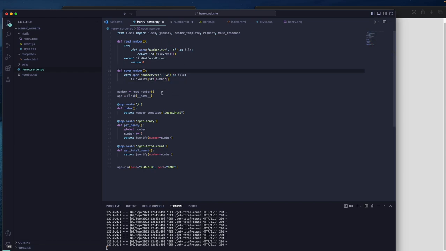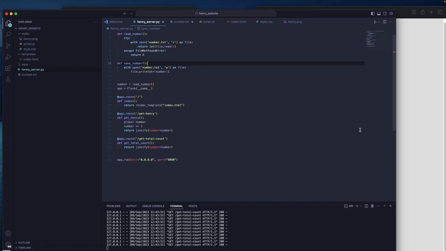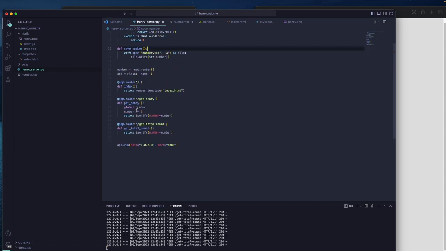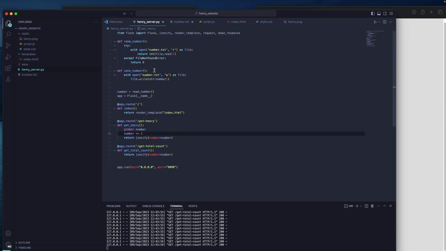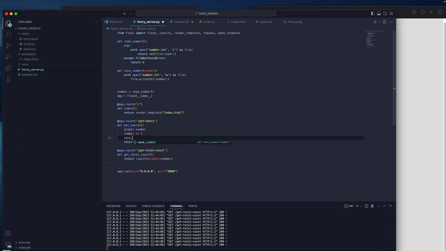So yeah, now come down here, we're going to add in the save number. Hold on, we have to add the argument number here. So we're just going to save the number after we increment it, so save underscore number. And that's it. If we now restart the server,